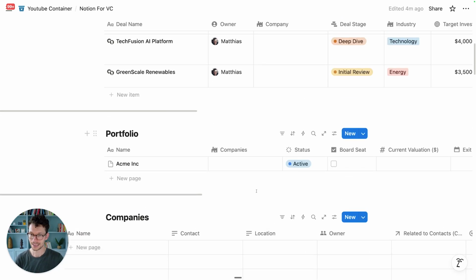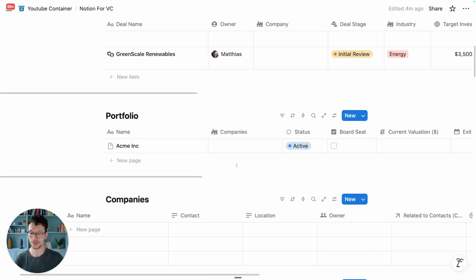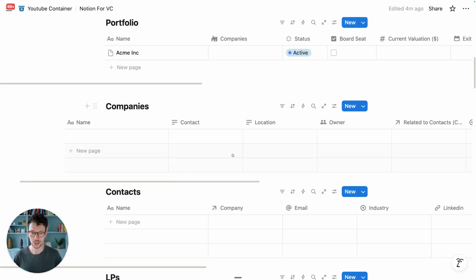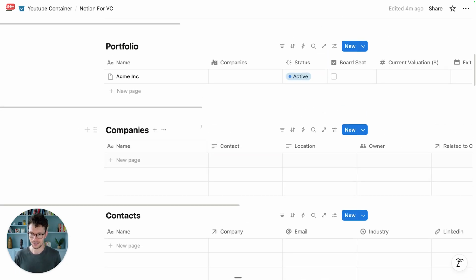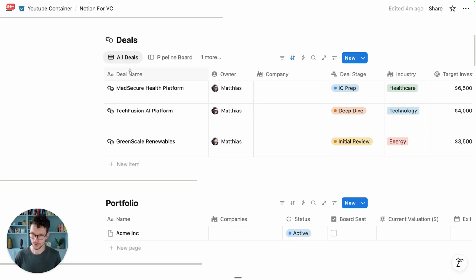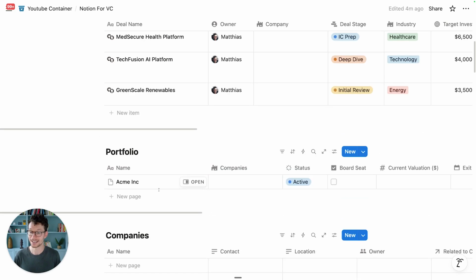And we will build later a smart automation so that if you have a company, right, then it goes sort of through a pipeline of, okay, first it's a normal company, then it becomes a deal or an opportunity, and then it becomes a portfolio that sort of automatically moves through this and automatically creates entries in these other databases, right? So you don't have to do this manually, but you always have this track record back. It's something for the last part of the video, right, when we build automations, but just to explain this reasoning, right? Why we have 3 databases here for what in the end is